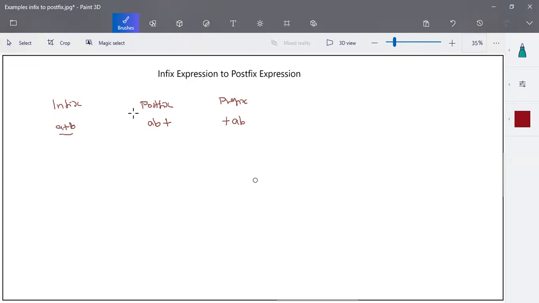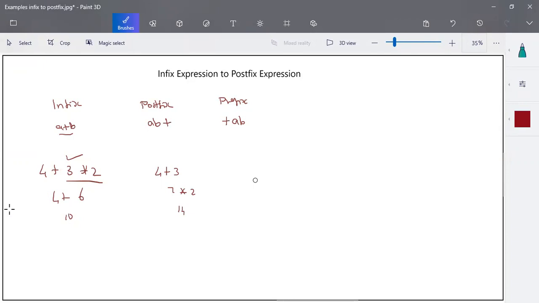And why do we want to convert an infix expression to a postfix expression? See, when I write an expression like 4 plus 3 star 2, how will we evaluate? We have plus and star. When you compare the precedence of the operators, star has the highest precedence. So what we usually do is make this multiplication and add the result with 4. When you type the same in your calculator, what does it do? First, it calculates 4 plus 3 and multiplies that with 2, and the result is different. But this is the actual correct expression, right?